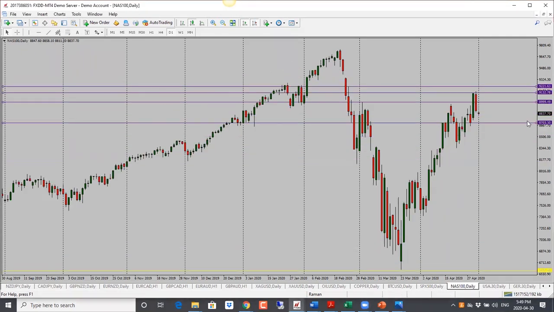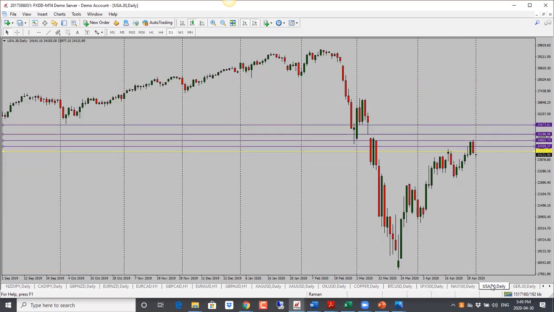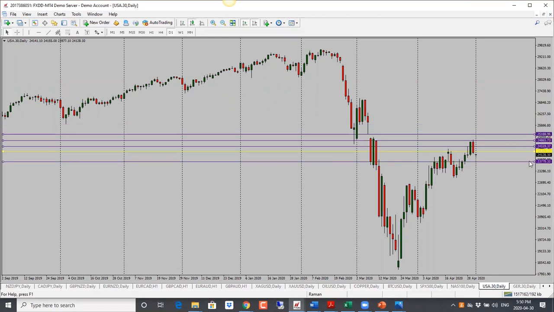Nasdaq here, this is looking bearish as well. We have a nice bearish candle close here. Price was into resistance, couldn't really go through it. So first target is 87.35 and then 86.50. So bearish bias here.